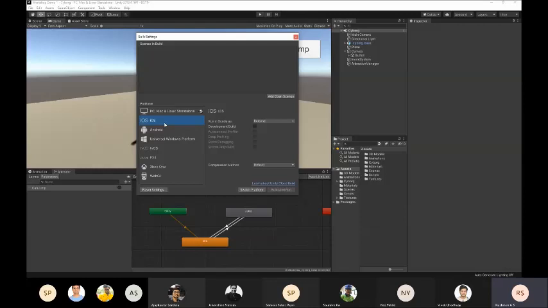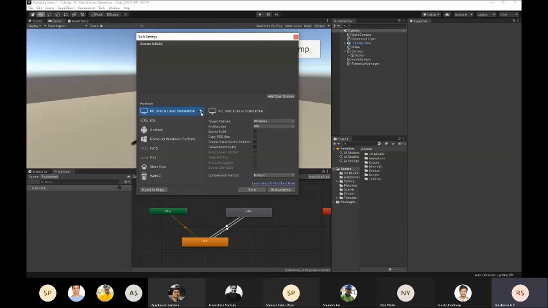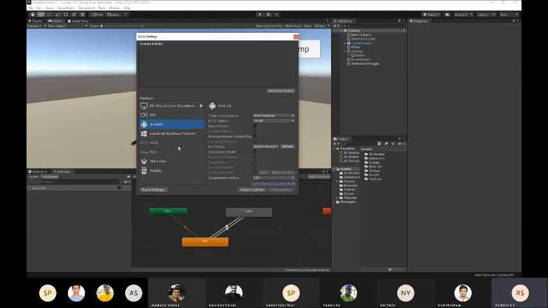There are other third-party players that also release their own SDKs. Like Magic Leap has its own SDK for Unity. HoloLens has its own SDK. A lot of possibilities. So for today, we'll be selecting the Android platform, right? So right now, you can see the Unity symbol here that indicates that we're in the PC, Mac, and Linux platform. And now we have to switch to the Android platform because we'll be making an APK file. So select Android and click on switch platform over here.